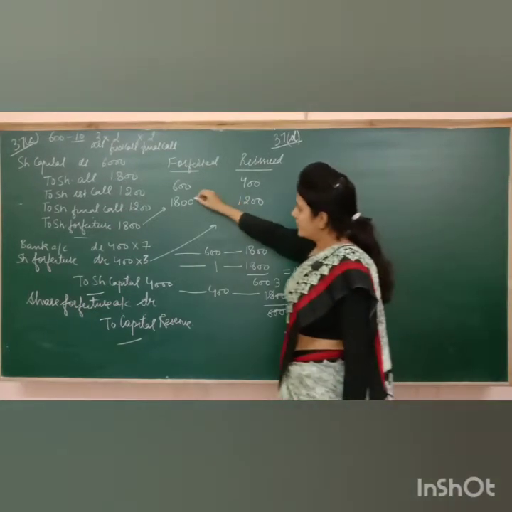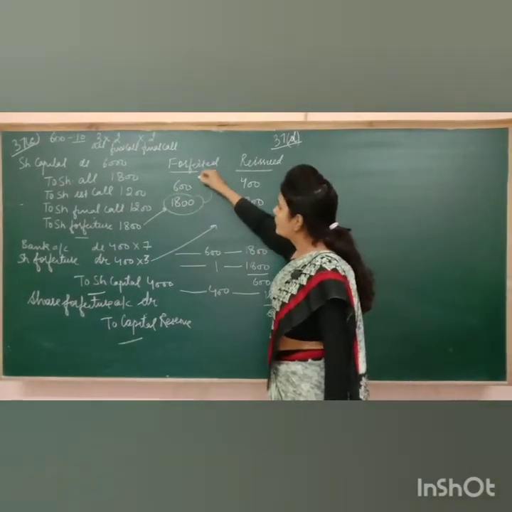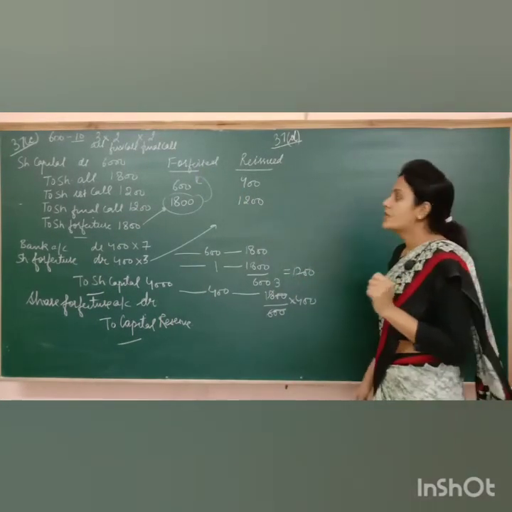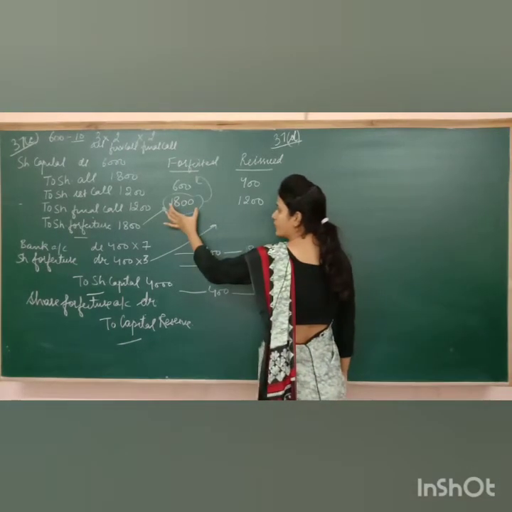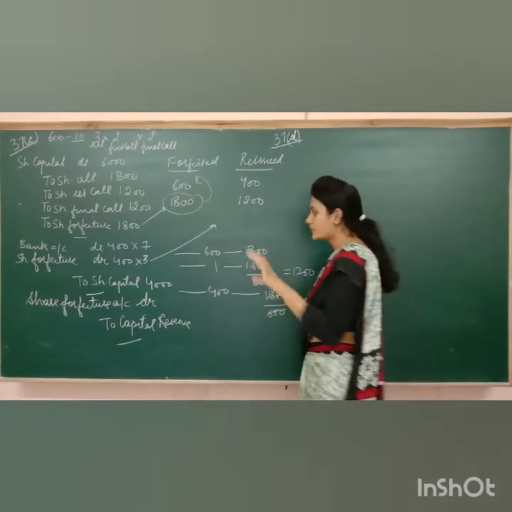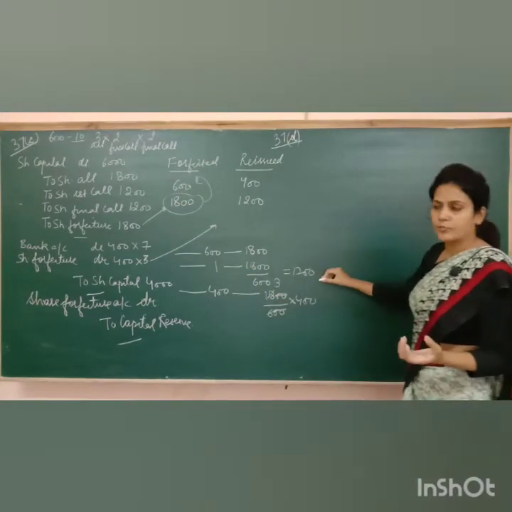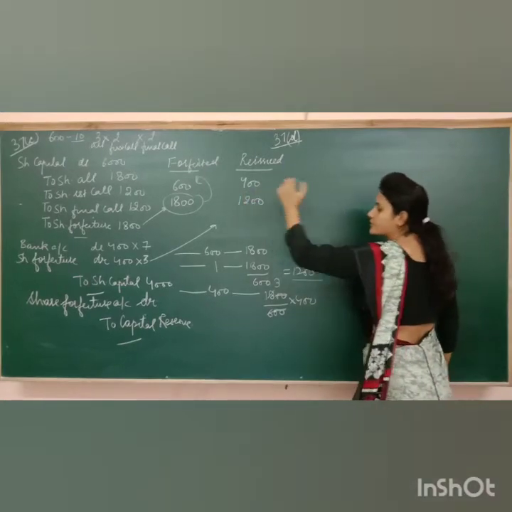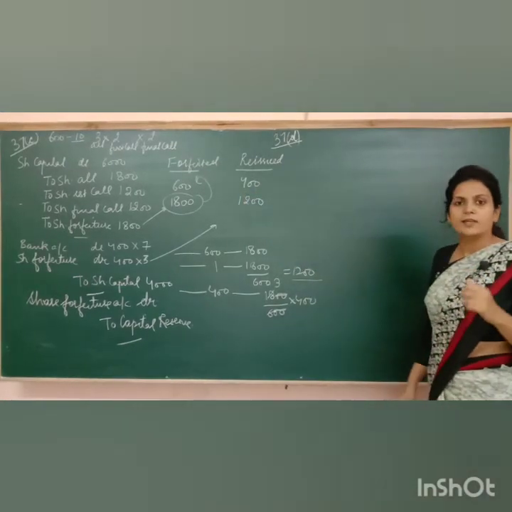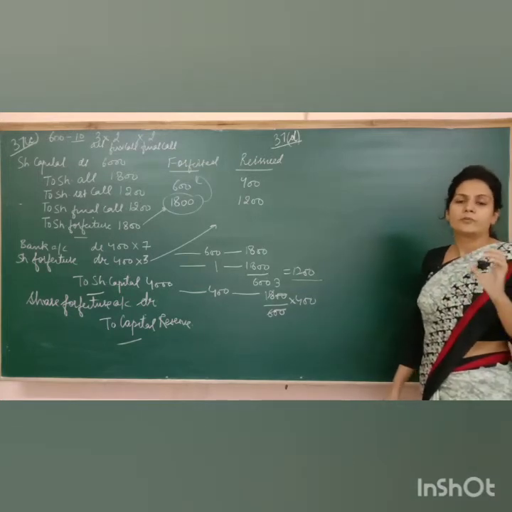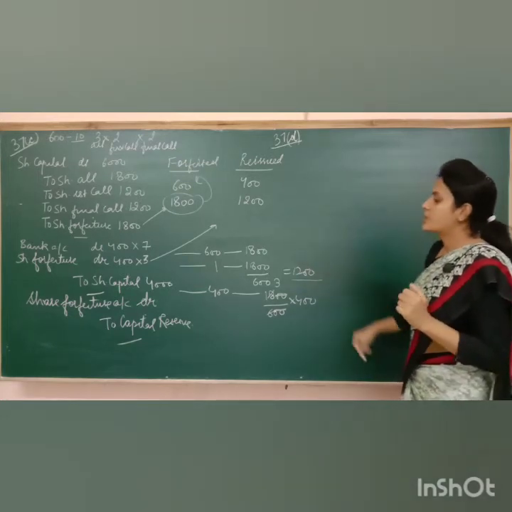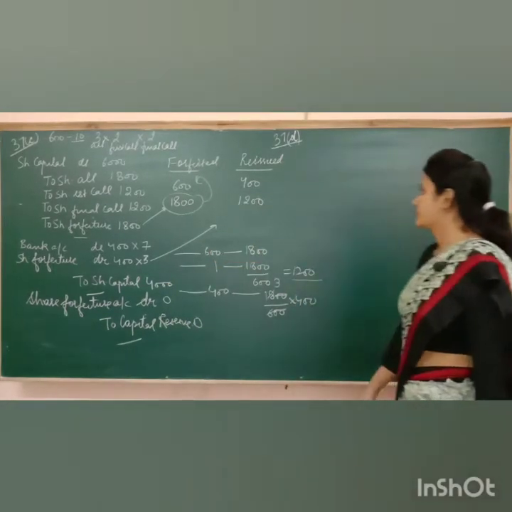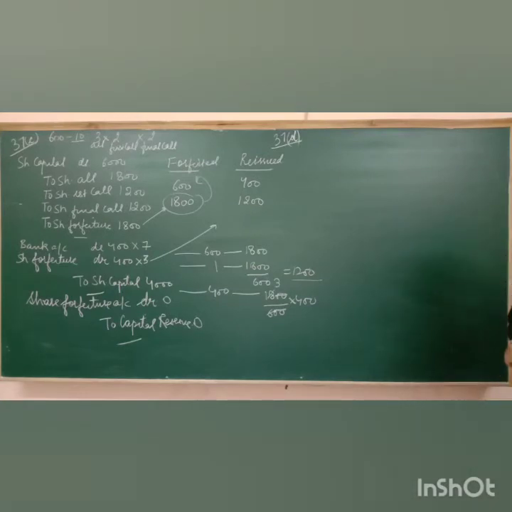This 1800 is the profit on forfeiture on 600 shares. We have reissued only 400 shares. So first of all, we need to convert this profit on 600 shares into, हमें देखना पड़ेगा कि 400 shares पर कितना profit है. That comes to 1200. अब ये 400 shares का profit है, ये 400 shares का loss. इन दोनों को subtract कर देंगे. अगर कुछ profit बचता है, only that profit will be transferred to capital reserve. Now in this question nothing is left, so share forfeiture to capital reserve is 0. I hope this point is clear.